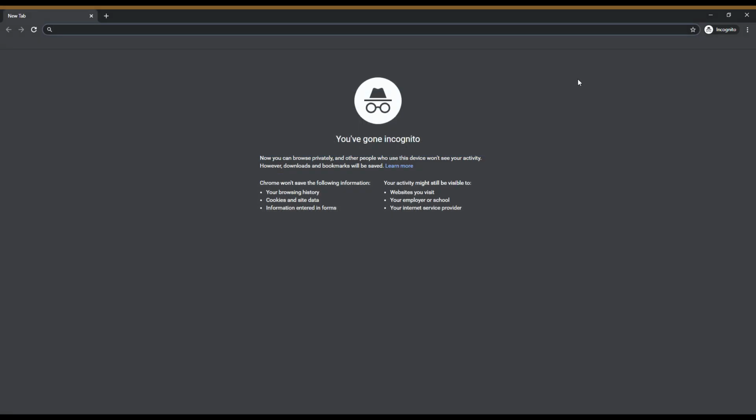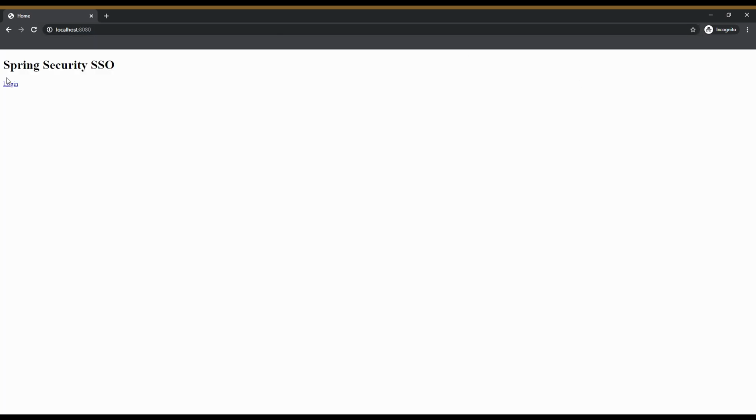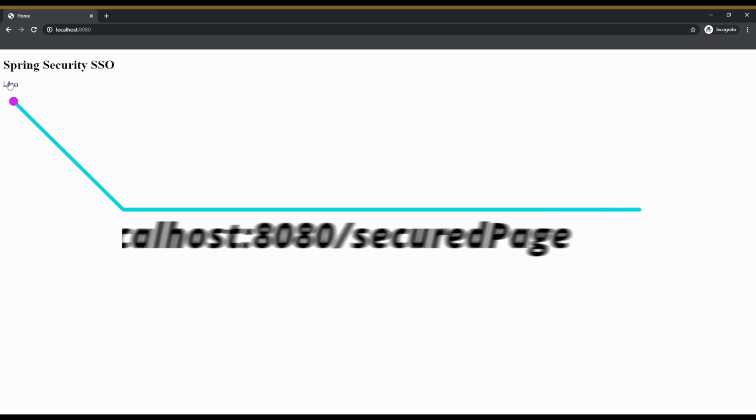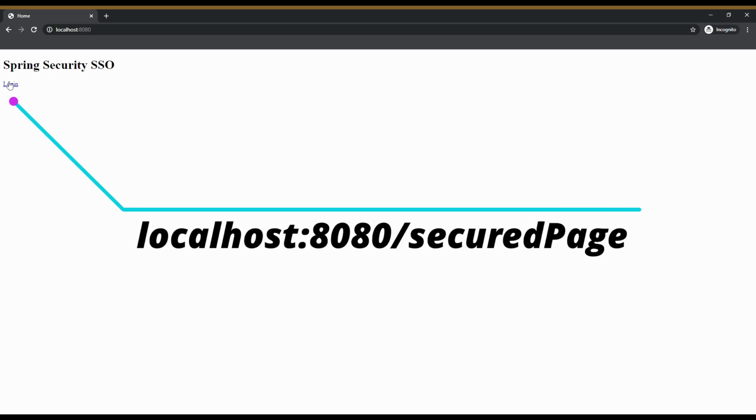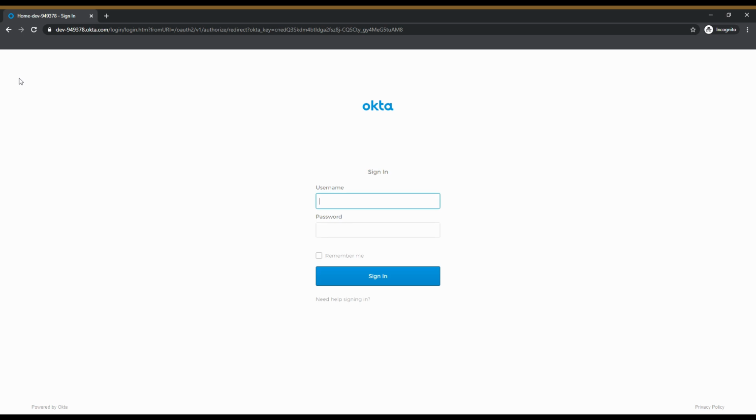Let's take a look at an example. This is the secured resource I would like to access. As soon as I request it, I will be redirected to a login page. Nothing unusual about this so far, right? But if you take a closer look at the URL, it contains a key. This key is dynamic and changes with every request. So to summarize, there is an additional key required to be passed along with the authentication details.